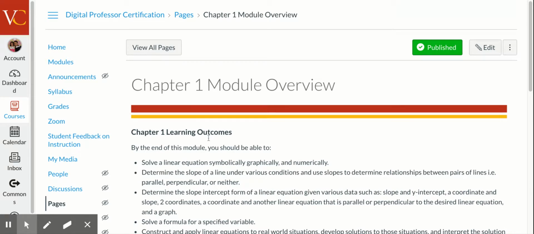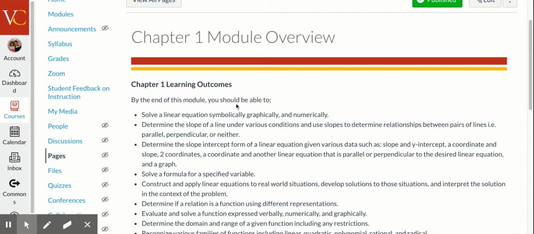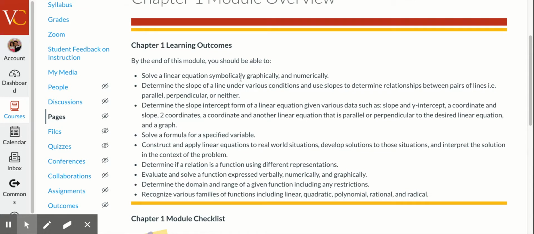our learning outcomes. So by the end of this module, we should be able to solve linear equations symbolically, graphically, and numerically, determine the slope of a line under various conditions, determine the slope-intercept form of a linear equation given different data, solve a formula for a specified variable, construct and apply linear equations to real-life situations,